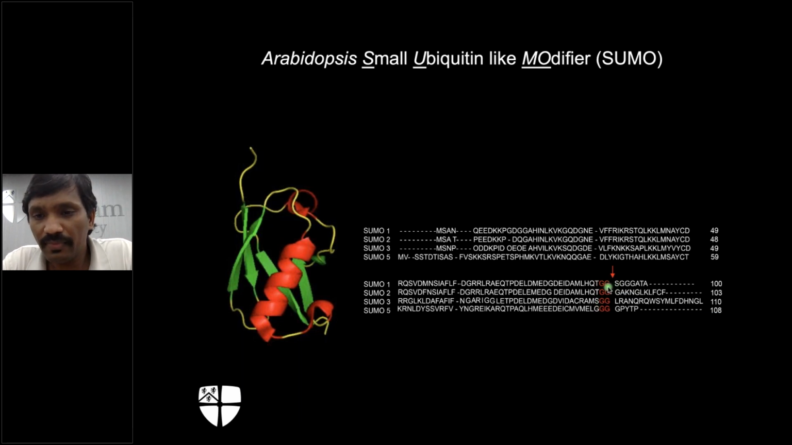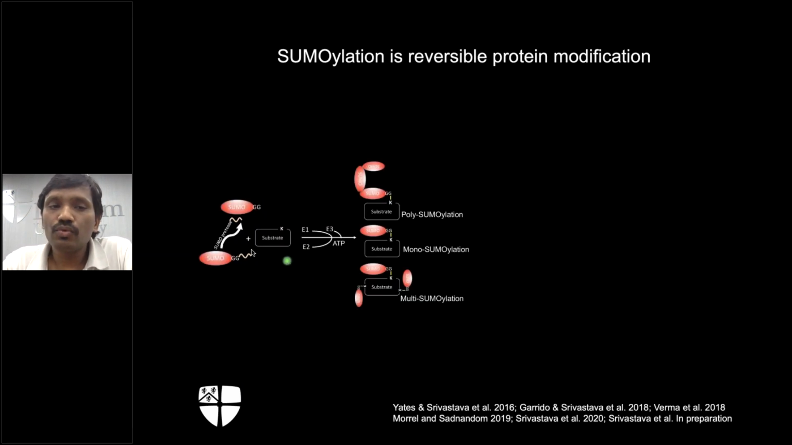So if SUMO has to conjugate on the protein, it has to be cleaved at its C terminal to expose this diglycine motif. What happens in the process is that SUMO is synthesized as a premature SUMO, and it gets cleaved off at the C terminal by the SUMO proteases. Once the SUMO protease cleaves off the C terminal, the diglycine motif gets exposed,